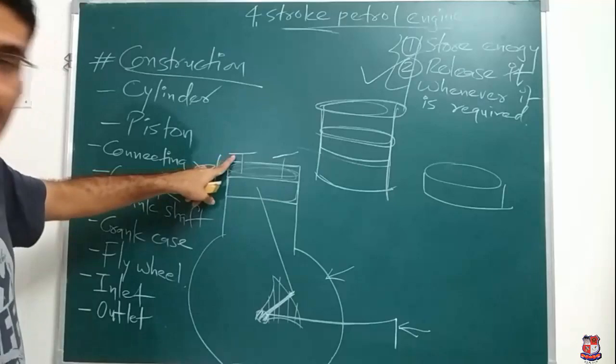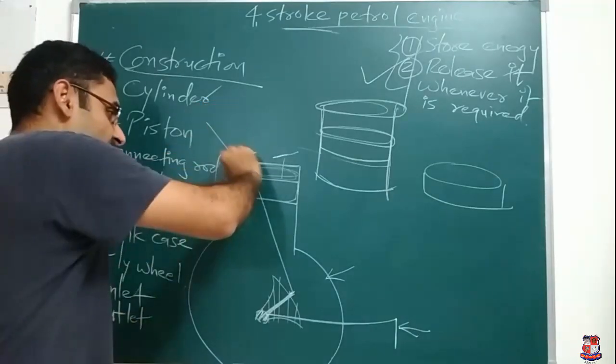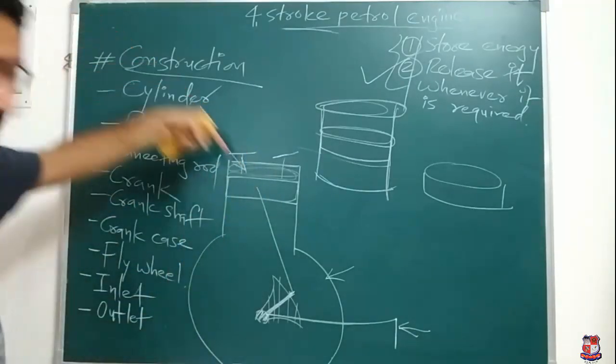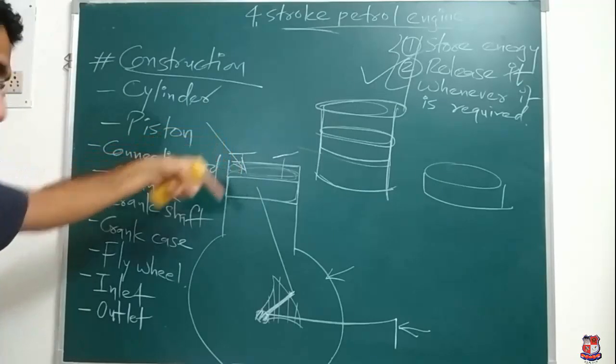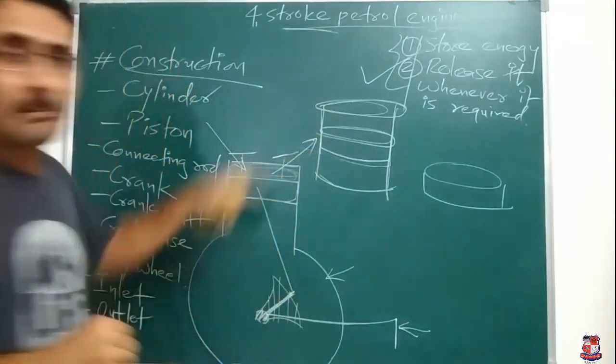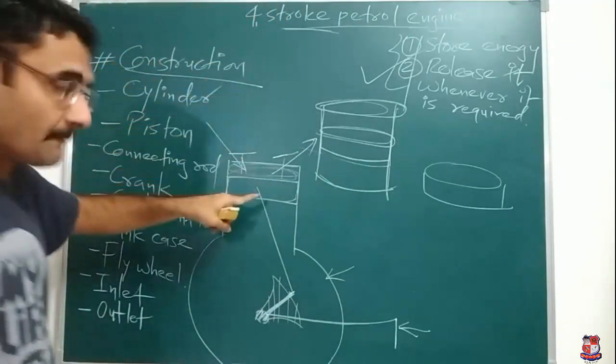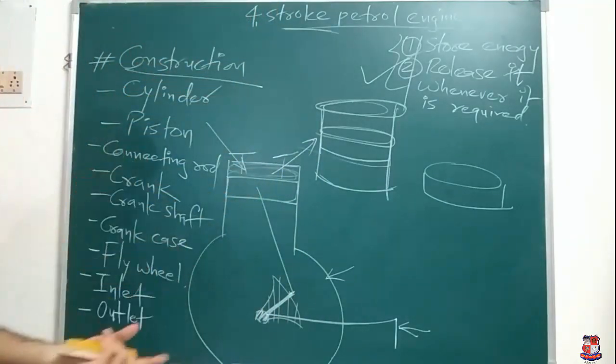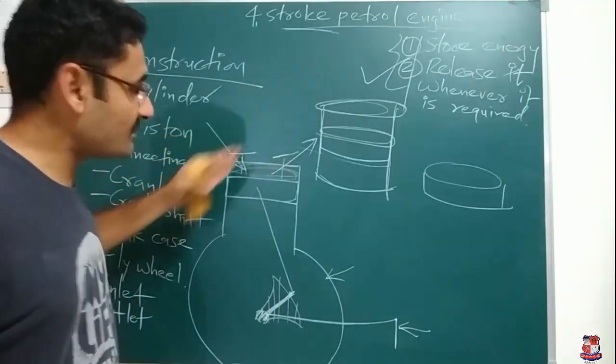So the function of the inlet valve is: it is such a valve which will collect pure air and fuel mixture inside of the cylinder. And the function of the outlet valve is: it will reject the burnt particles. After the combustion, whatever particles are produced are known as burnt particles, and those burnt particles will be